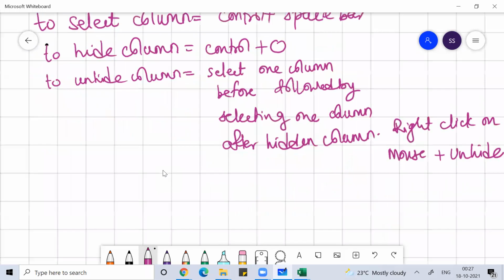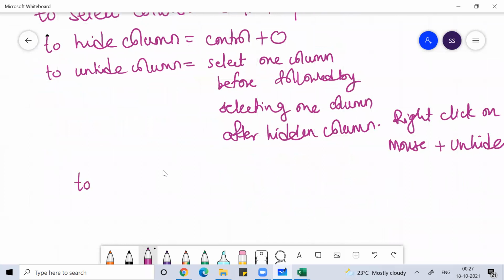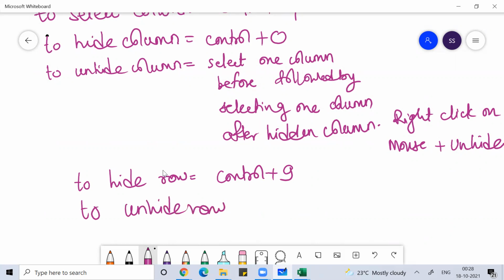Similarly, if you want to hide a row, you can select the row by Shift Space bar, then use Control 9 to hide the row. To unhide the row, you can use Control Shift 9.